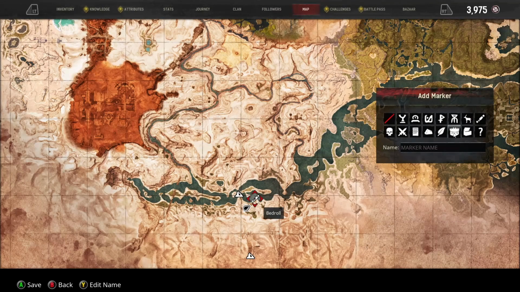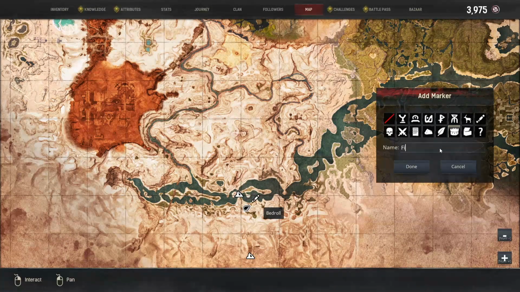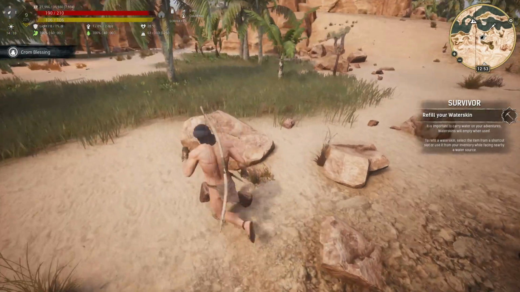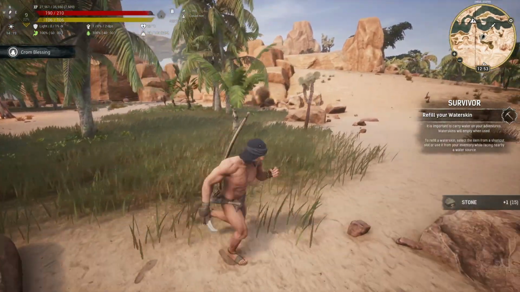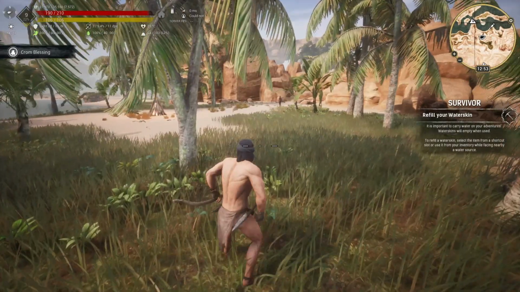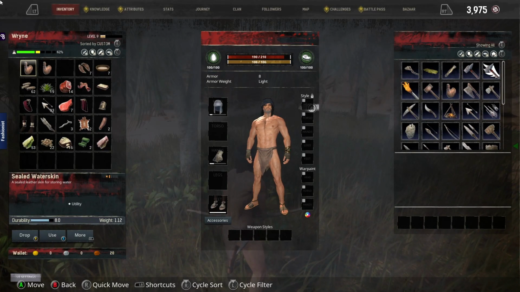So we'll go ahead and click that, and we'll do first base, and then we'll put it right there. And that way, if we move our bedroll, we'll still have that marker there to know where our base is if we need it. Now, the chick over here is lucky because I'm out of arrows,